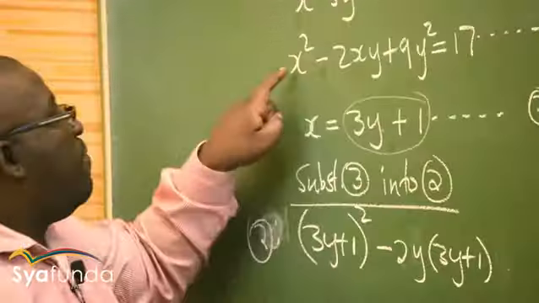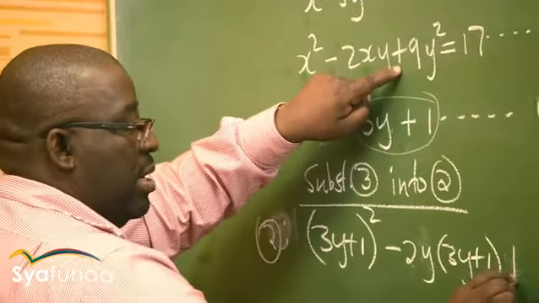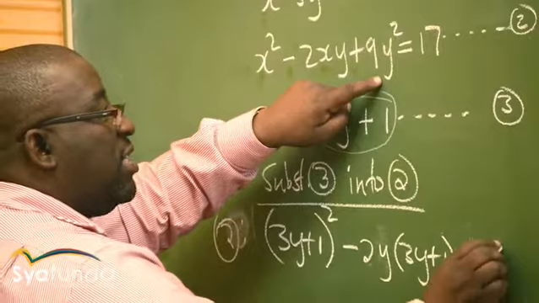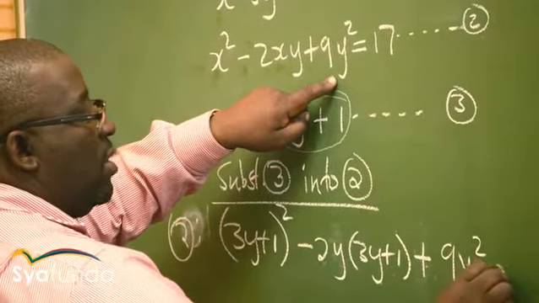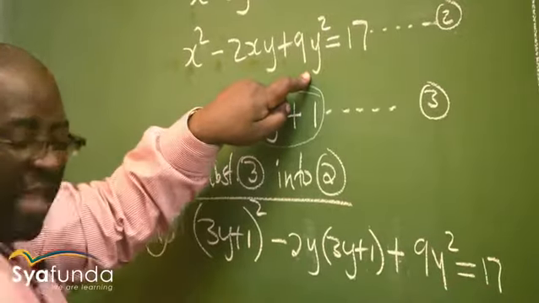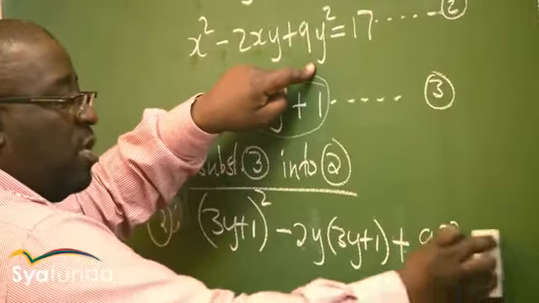That's what we have, substituted it. We've got 2, this is 2, this is y. Then we push x, because the value of x is 3y plus 1. Plus, what do we have this side? We've got 9y squared equals to 17. From there, because we know that we are dealing with quadratics, question 1 deals with quadratics,